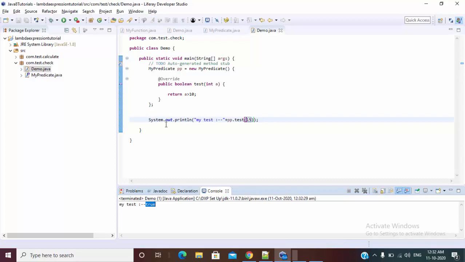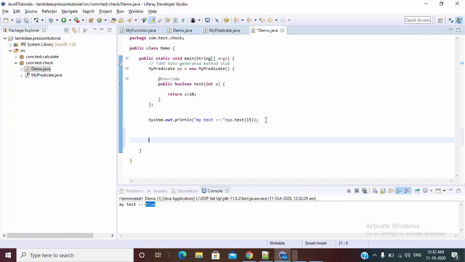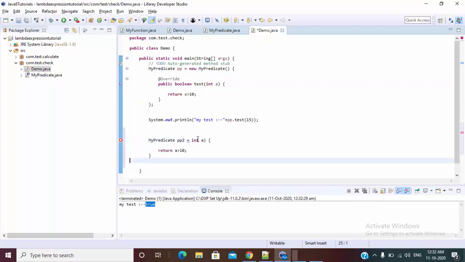Now let's change this to a lambda expression. Very easy. My predicate pp2 equals, so just copy this thing, and we know we can remove this int also, and if there is only one argument we can also remove this parenthesis, and let's move it to a single line.